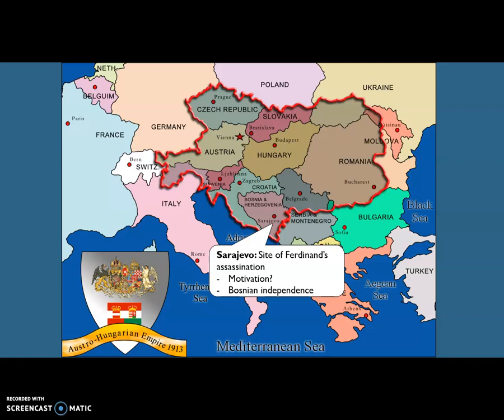So, the Austro-Hungarian Empire, basically, everything that you see in red here, all of this territory was territory that was taken by the Austro-Hungarian Empire at some point. Okay? Remember, we talked about imperialism. The Austro-Hungarian Empire had been growing. Now you can see Serbia way down here. You can notice here that this red Austro-Hungarian Empire territory is slowly encroaching on Serbia. Okay? When it comes time for them to get into Sarajevo, which is the city where Franz Ferdinand is actually going to die, the city right here,